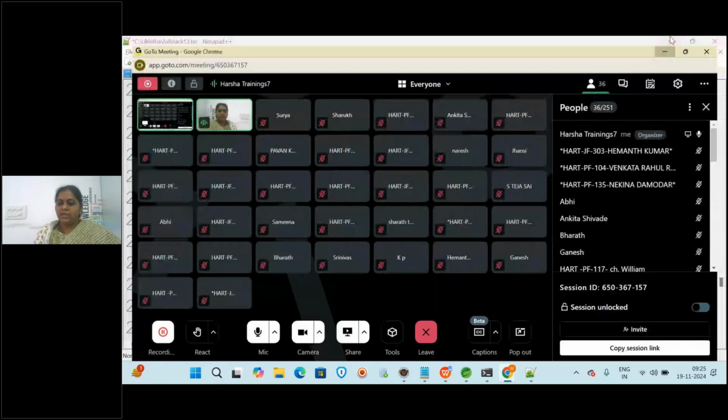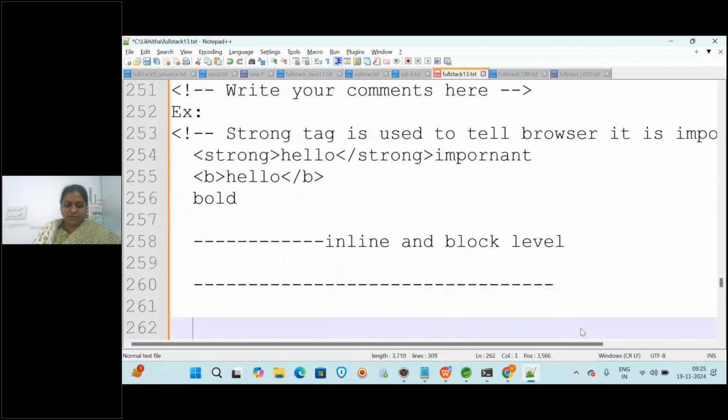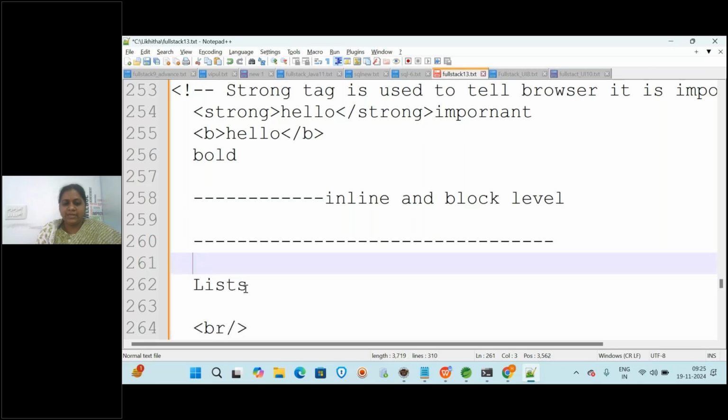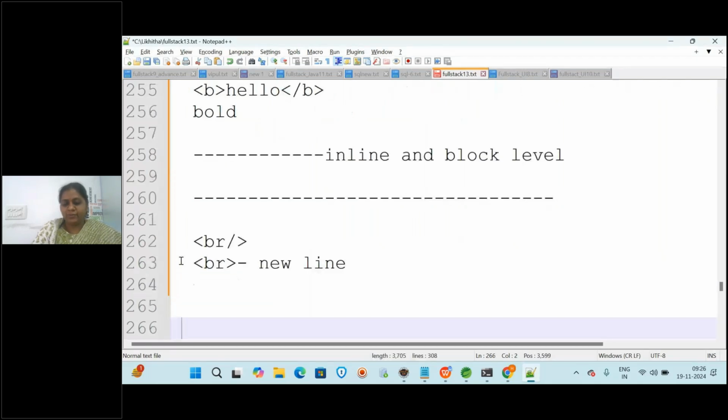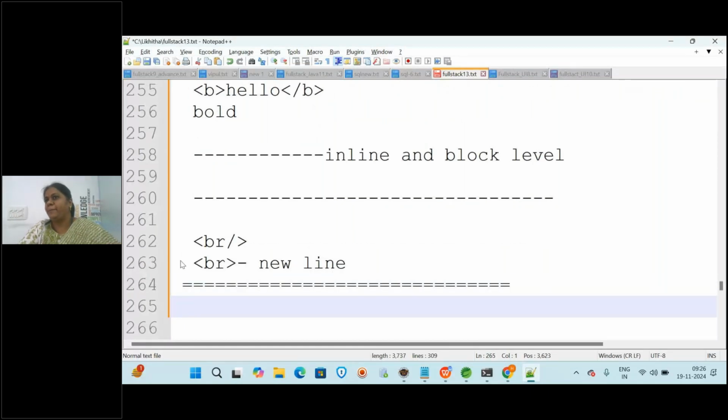Okay, so now let us see about the next type of tags. That is, we are going to see today about what? Lists. So what are those? List. So here we will be seeing how to display the list. Means if you want to display some items that you are having, maybe if you want to display some set of topics in a particular full stack, suppose in full stack of UI or anything, you have some modules, right? Module wise you want to display something as a list, or what are your curriculum subjects, whatever it is.